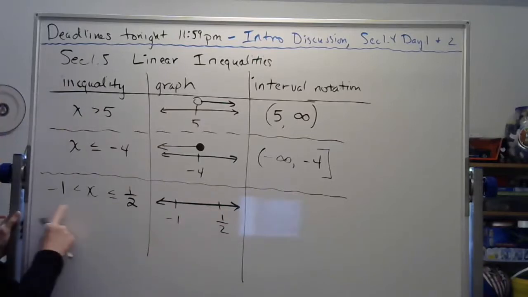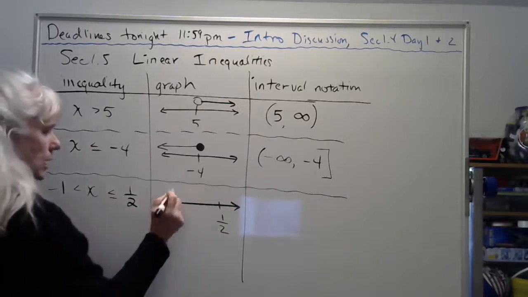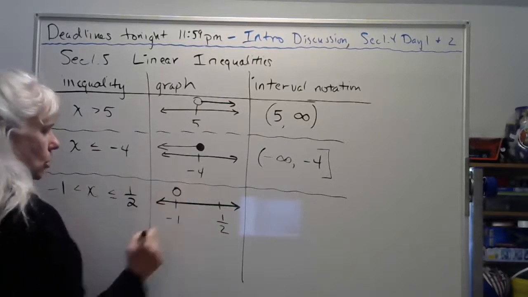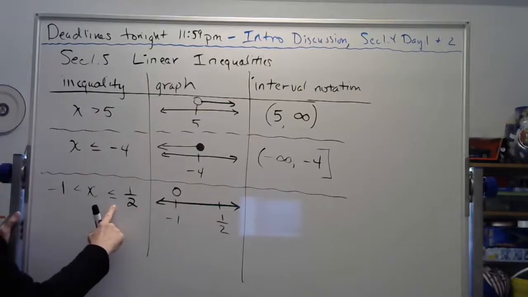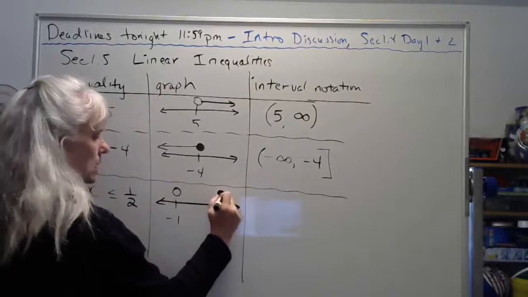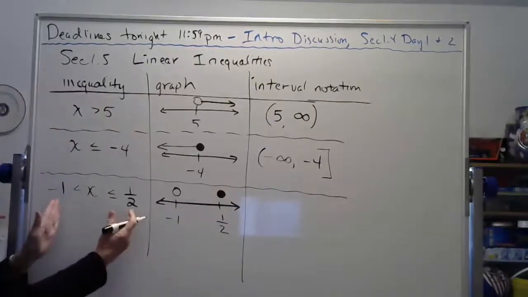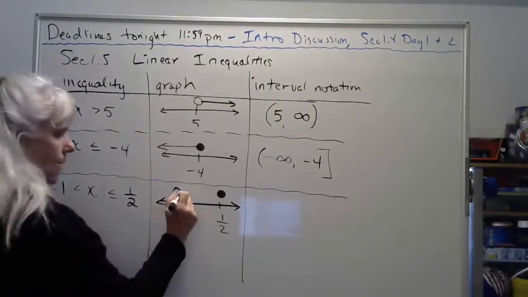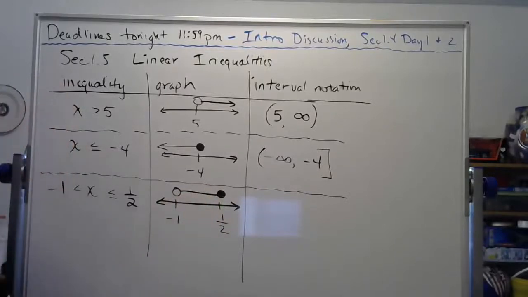Back with our inequality symbol, next to the -1 is a less than, not an equal to, just a pure less than, so we'll use an open circle there. In terms of the 1/2, it's got a less than or equal to, so that equal to is telling me to close that circle in. We'll notice that x is trapped between the -1 and the 1/2, so our graph is trapped between the -1 and the 1/2. So again, here's the inequality statement, here's the graph that matches that, and now we'll go write